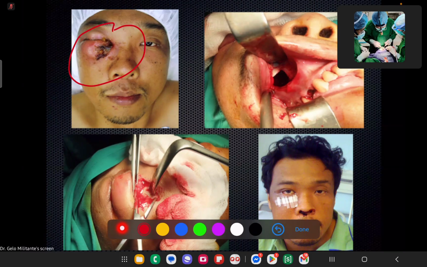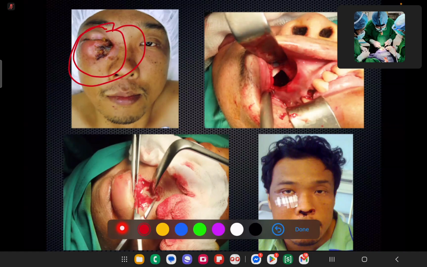So the patient traveled from Bicol going to our clinic in UST. Then he showed us that there's already scabbing on the area. There's already scabbing or necrosis of the inferior palpebral area or the infraorbital area. So I asked an ophthalmologist friend to check on the mobility and of course function of the eye of the patient. So he told me that it's basically a very aggressive infection, and we are only given a 3-hour